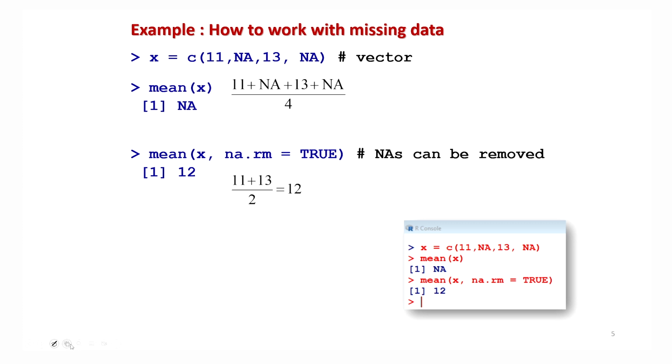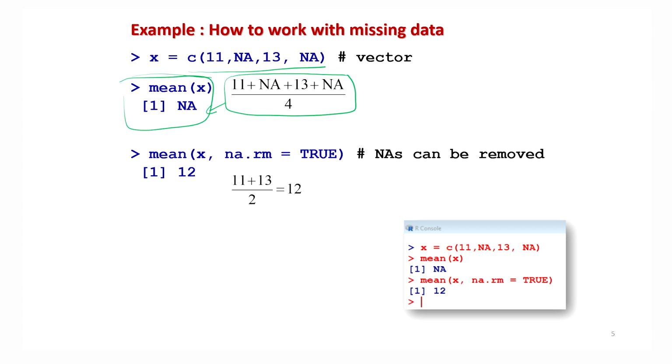Now let me show you what the consequences are if you have missing data. That will give you an idea, and this concept can be extended to any statistical measure. I'm just trying to illustrate it through a very simple command, mean. Mean, we understand that, arithmetic mean. So if I take this data set and find the arithmetic mean, basically we are trying to find 11 plus NA plus 13 plus NA divided by 4, and this will come out to be the value NA when we operate it in the R software.